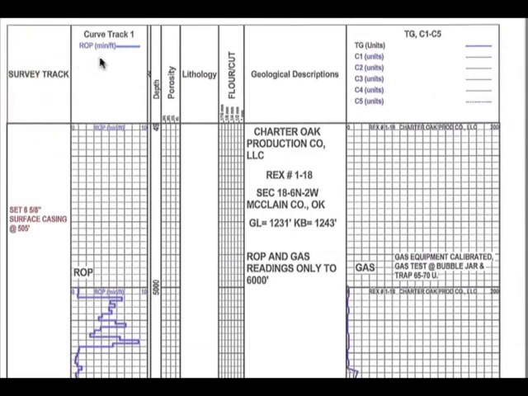The second one, blue and red, ROP, rate of penetration, how fast we're drilling. Typically sandstones drill fast and shales can drill and limestones drill slow, so the speed of drilling gives you an idea of what you're